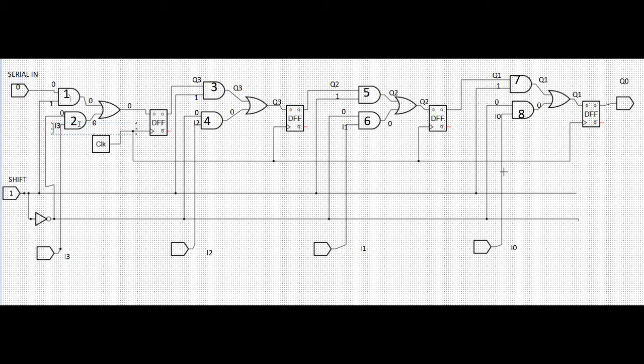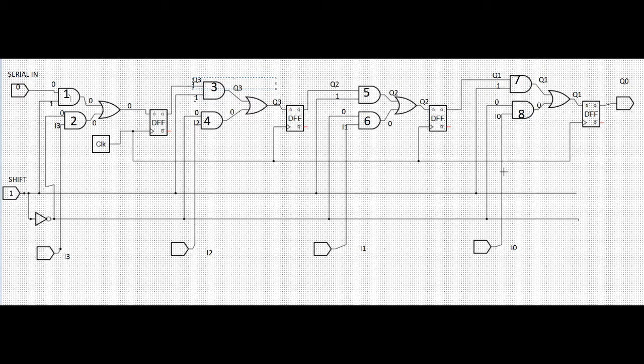The output of this AND gate 1 becomes 0 and 1, which results in the output to be 0, and the input of this AND gate 2 becomes 0 and I3, which makes the output of this AND gate 2 to be 0. So the output of this OR gate will be 0, and 0 is fed as the input